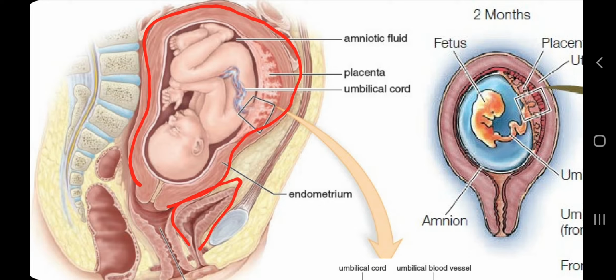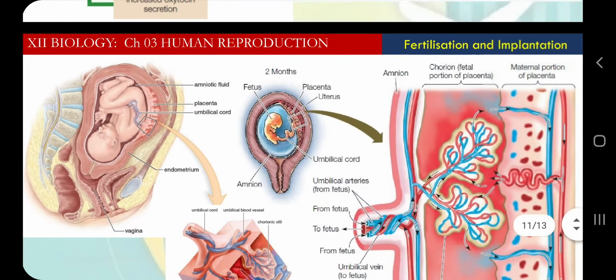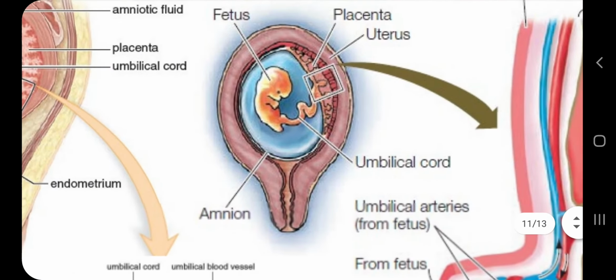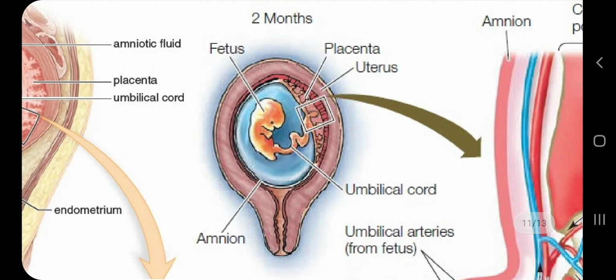And if you have heard that during pregnancy mothers feel the urge for urination more frequently, you can see there is a pressure on the urinary bladder. So many things you can understand by seeing these visuals and by referring to your text from your NCERT. Here I have taken the same type of images from different books, so that they can